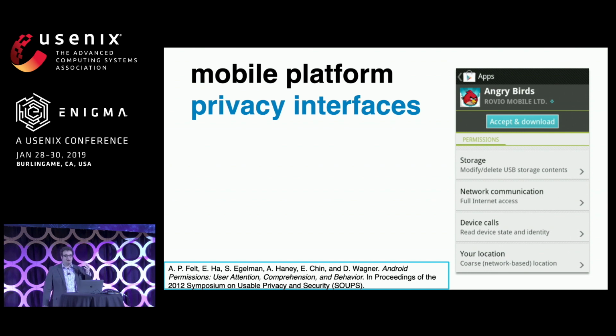So to fill in some of the issues with having to read privacy policies, the platforms have provided various privacy interfaces that are to help users. So my group did some work on this about 7 years ago when, at the time, Android had these install time prompts. These are useful because they tell you the abilities that an application may exercise in the future, but